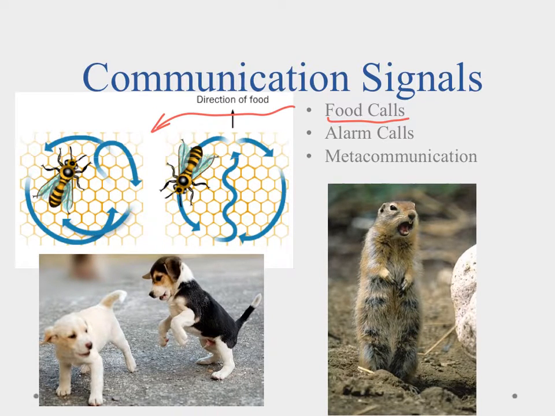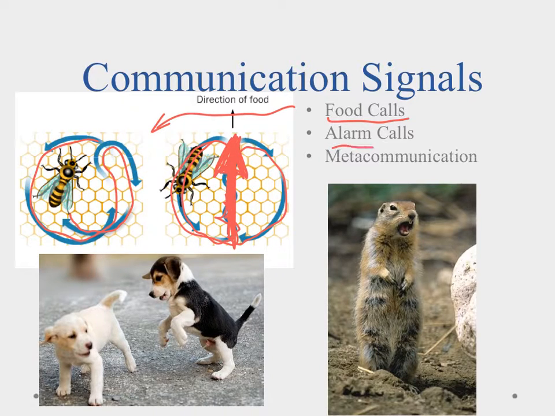When the bee returns to the hive, it'll find the central location and start doing this little dance. It'll go around in a circle first and let everybody know, hey, look, I'm getting ready to dance. Then it'll go around in a circle and wiggle its way here, then come around and wiggle its way here, and come around and wiggle its way here. What it's doing is sending a clear message to the rest of the animals in the beehive that that's where the food is, so that it can communicate effectively where we can go out and find more food.